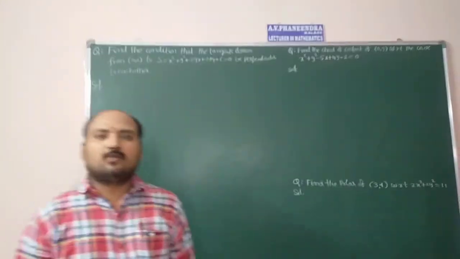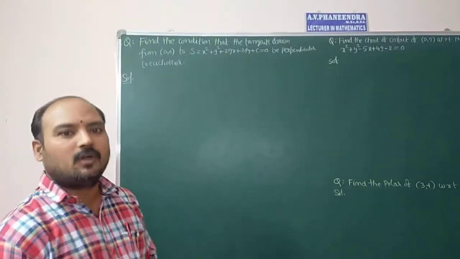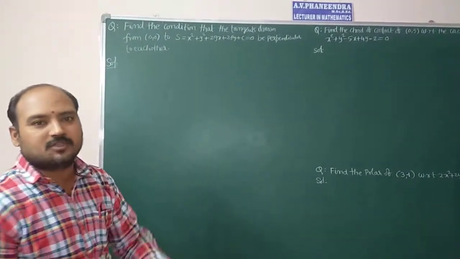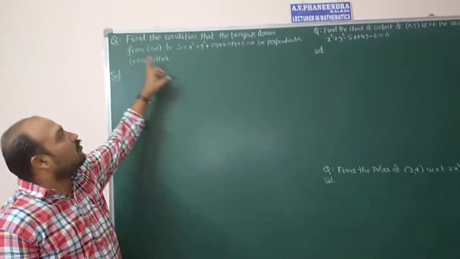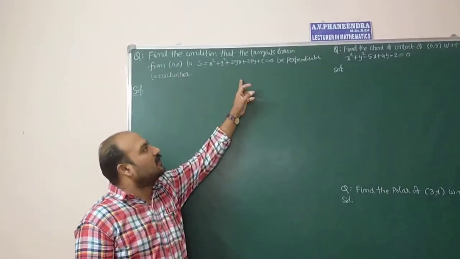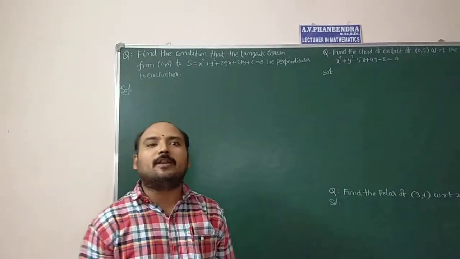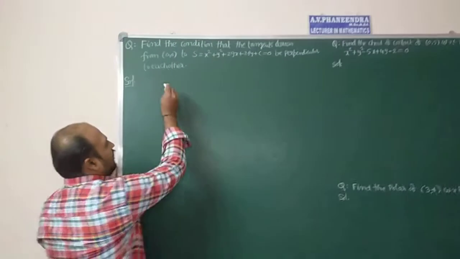Next, chord of contact and polar equation and angle between the tangents. The related questions I am going to discuss now. See the question. Find the condition that the tangents drawn from the origin to the circle, general equation of circle, be perpendicular to each other. They are asking to calculate the condition. Two tangents are perpendicular. So first, given circle